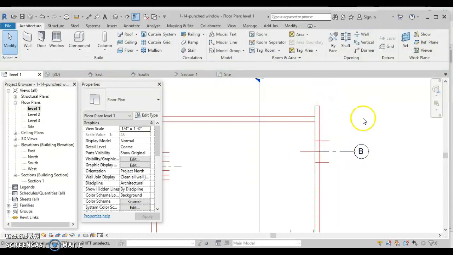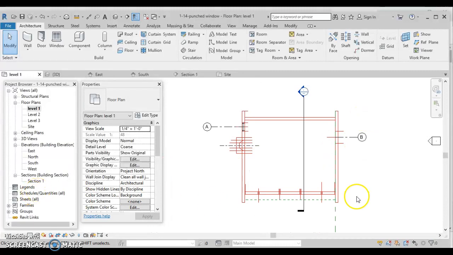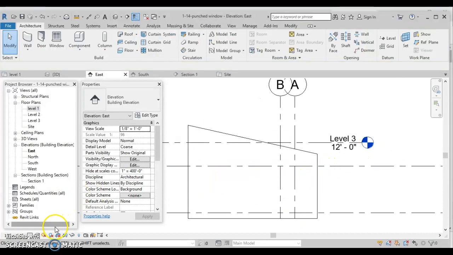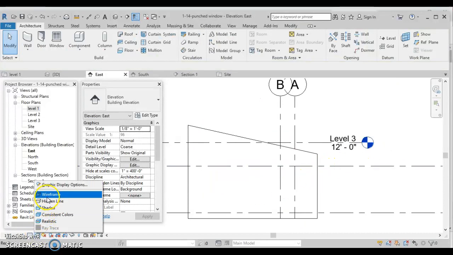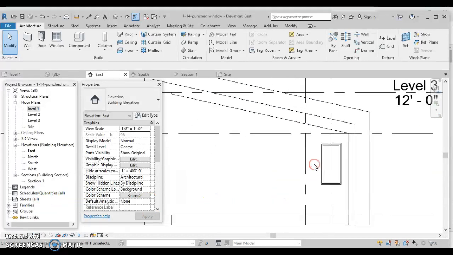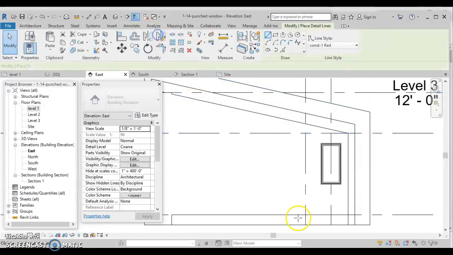Here it is. So now I'm going to look at the east elevation, which is this side. I can go this way or that way. It's up to you. East elevation. If I look at it transparent with wireframe, I can look at where the other window is. And if I want my windows to be the same height, I can quickly use